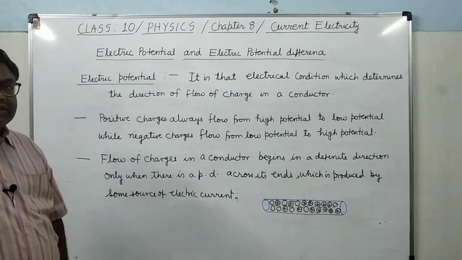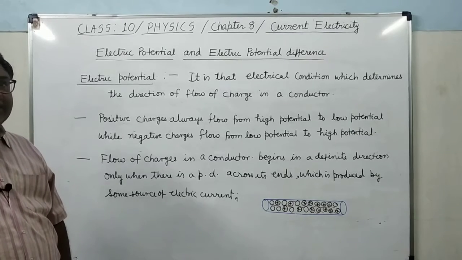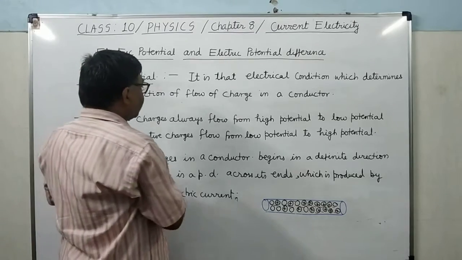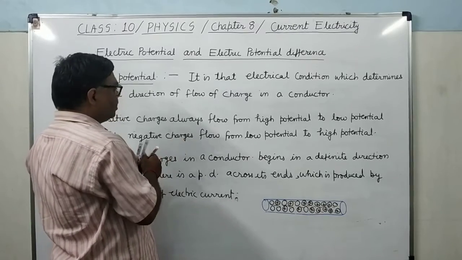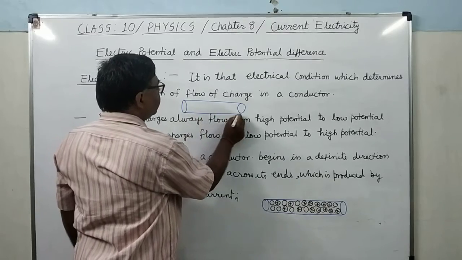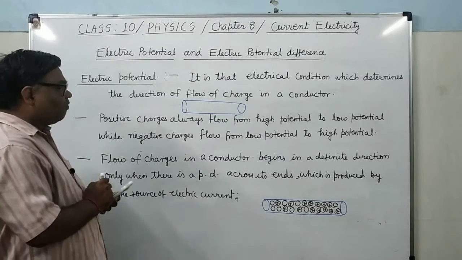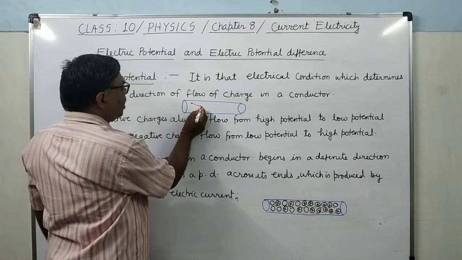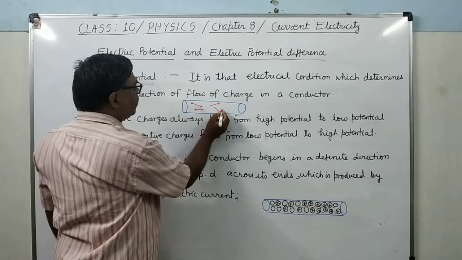Now generally these free electrons are moving randomly here and there inside the conductor. They are not moving in a definite direction. See here, this is the conductor and these free electrons are moving in random directions. Here I am just showing their direction of motion. I am not showing the positive ions here. It is clear. This is the direction of motion of the free electrons.